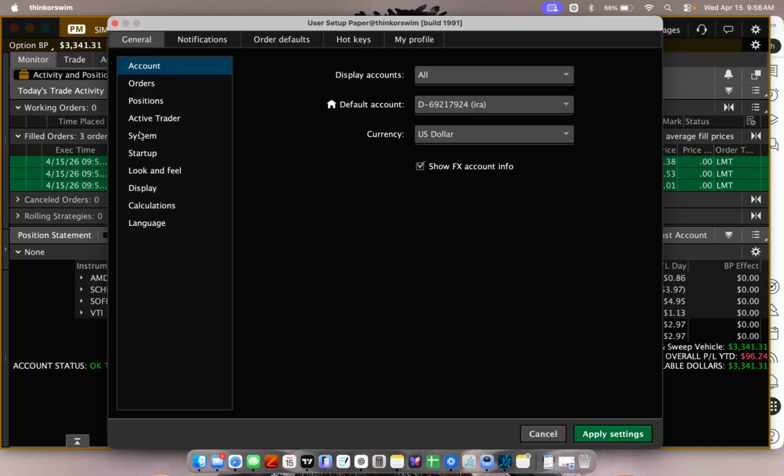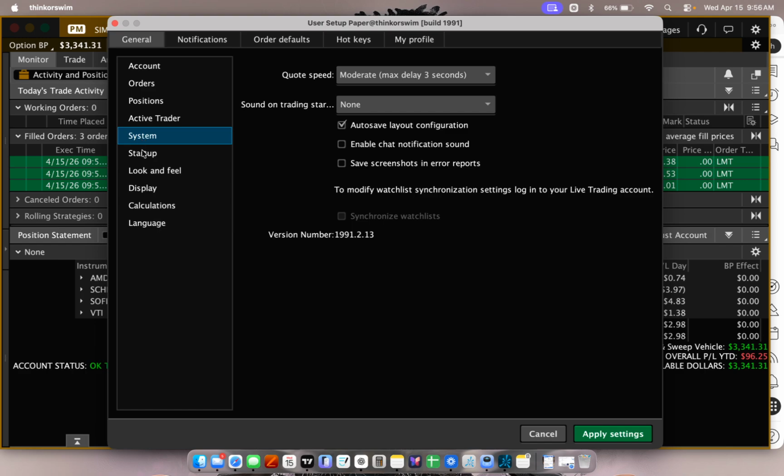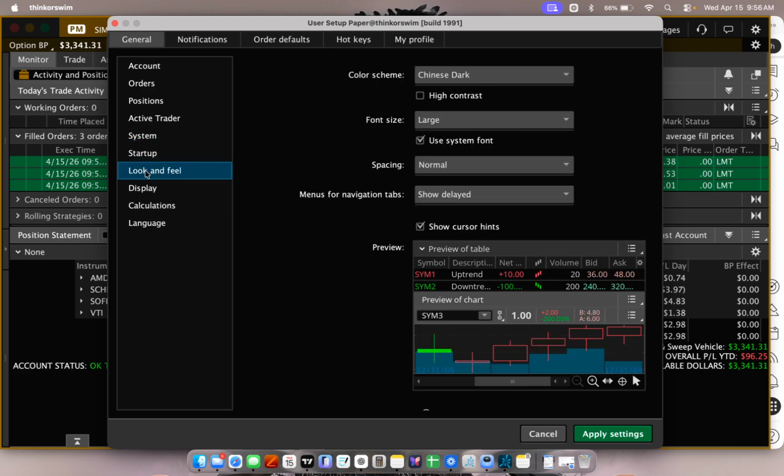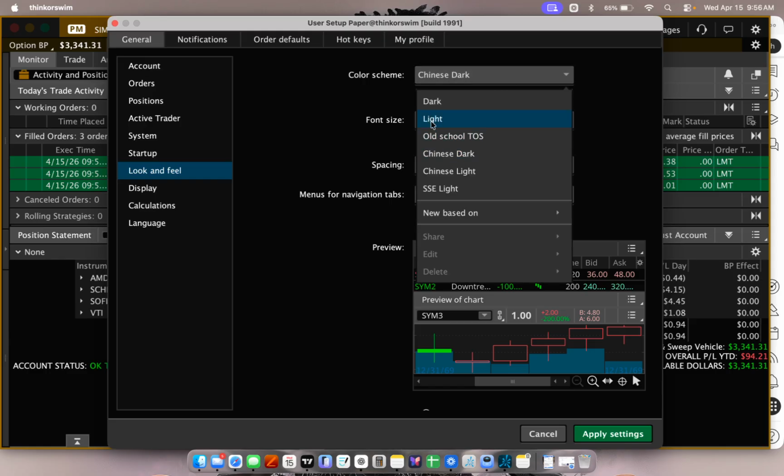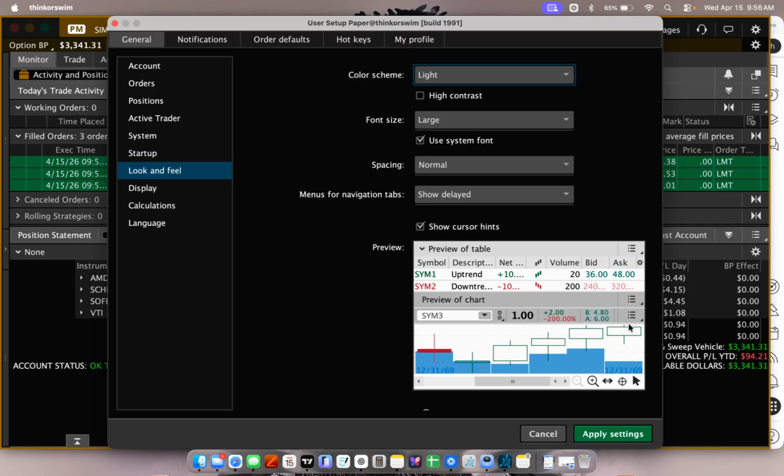And this would be under, let me see if I can remember where we put that. Look and feel. Look and feel is where, if you don't like the dark background on the program, you can switch it to light, and this gives you a preview down here of what your background would